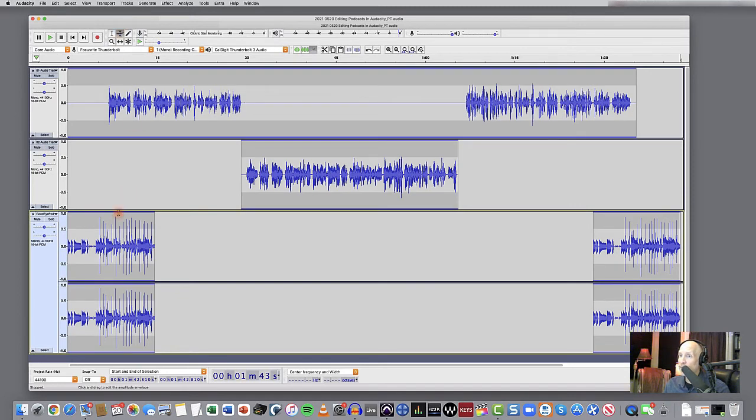Go to the envelope tool, click on that. And when you do that, you see that these envelope lines show up on either side of your files. You got a stereo file here. It shows up on both channels. You got a mono file here. Shows up on the top and the bottom. What we want to do is start bringing this music down under our host audio at the beginning of the podcast dialogue. So let's click here right before